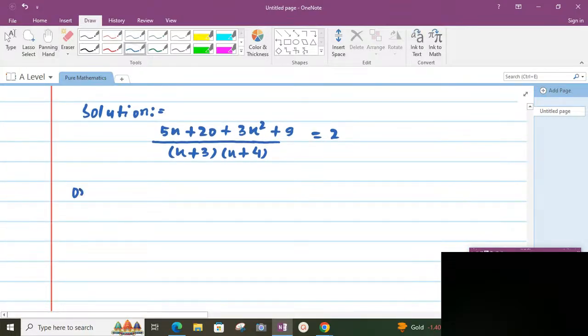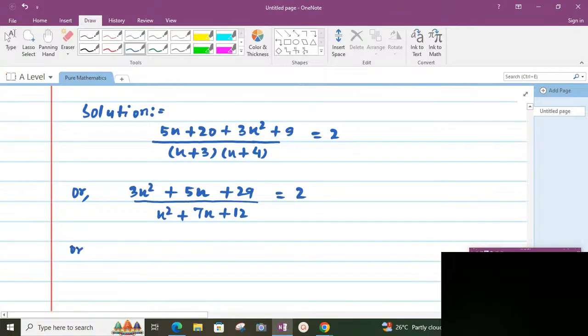So the next step here will be 3x square after proper arrangement, plus 5x, and 20 plus 9 equal to 29 by, here will be x square plus here will be 4x plus 3x equal to, we write down here direct 7x plus 12 equal to 2. The next step here will be